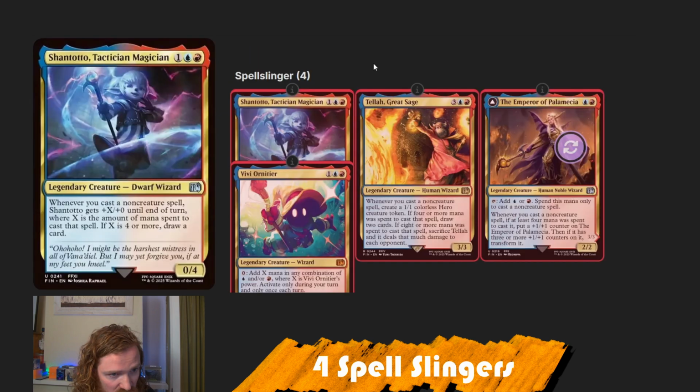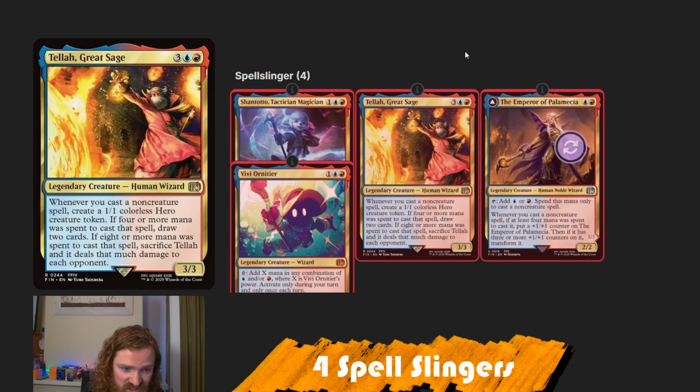Shantotto, Dentition Magician says whenever you cast a non-creature spell, she gets +X/+0 until end of turn, where X is the amount of mana spent. If X is 4 or more, draw a card. While giving her Trample, you will have a very big card, but even more fun is Tellah, Great Sage, a